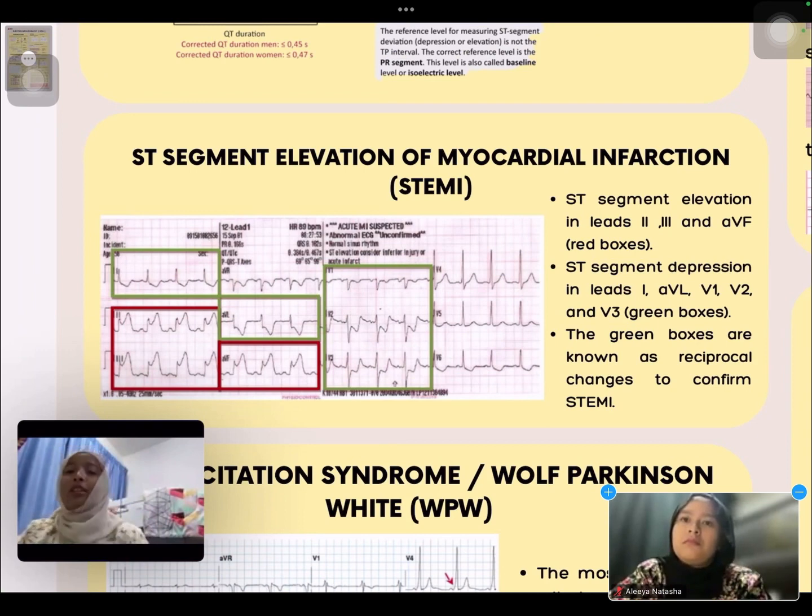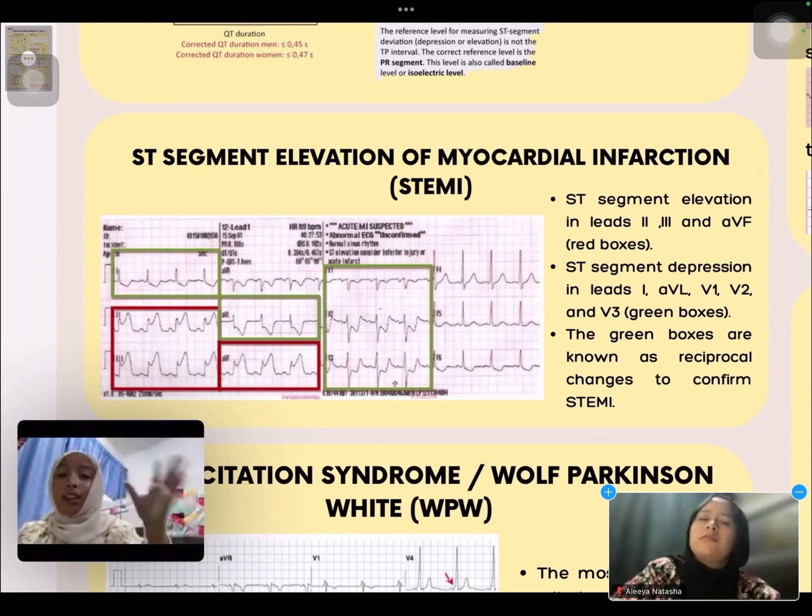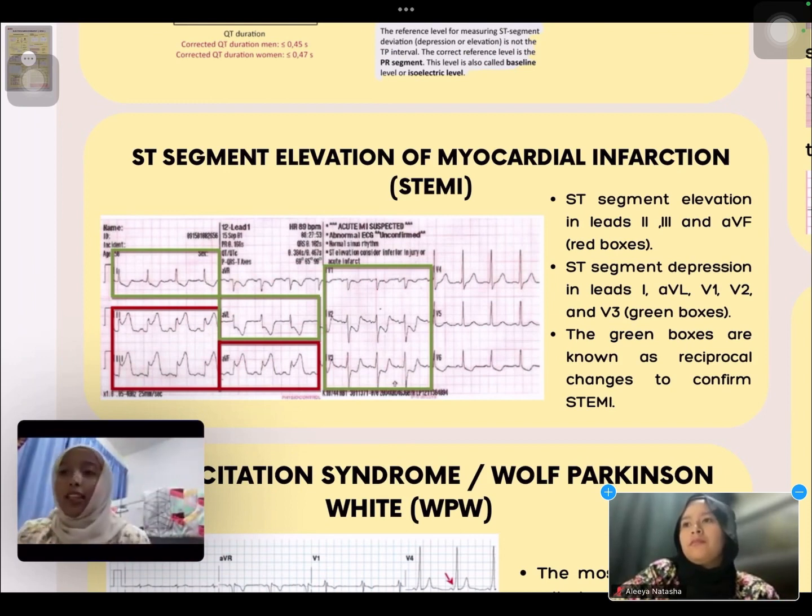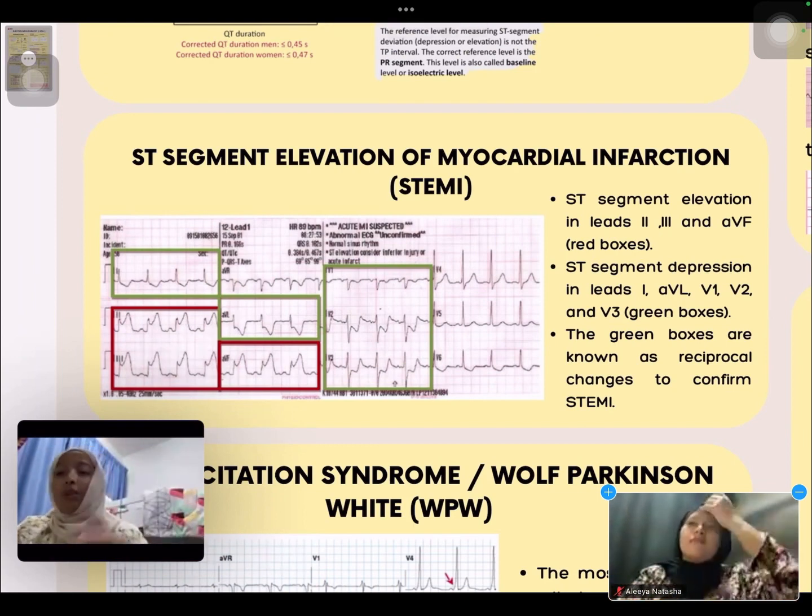So to recognize STEMI in an ECG, there are a few ways. This is the criteria that we can see in the ECG. First, ST segment elevation in lead 2, 3, and aVF, which is as you can see in this poster in the red box, and ST segment depression in lead 1, aVL, V1, V2, and V3, which is in the green box here. And the green box is known as reciprocal changes to confirm that it is STEMI. So then next, I'm going to explain about